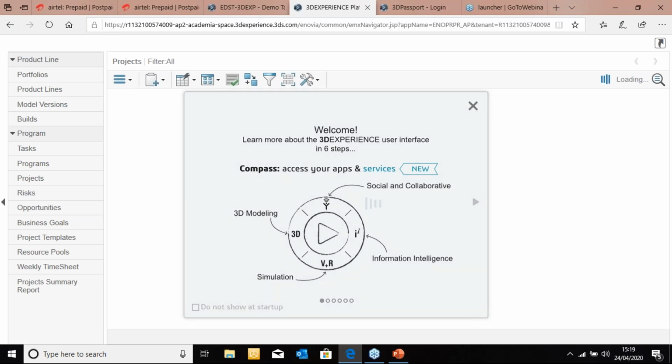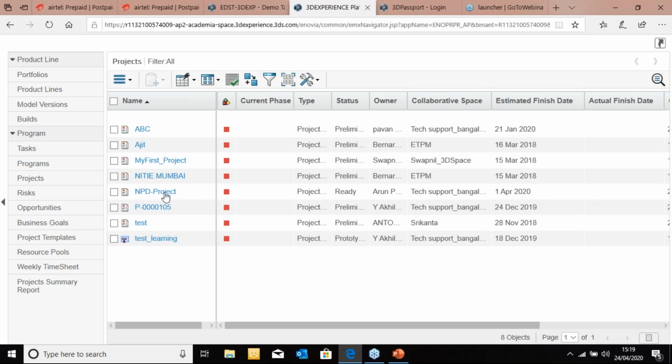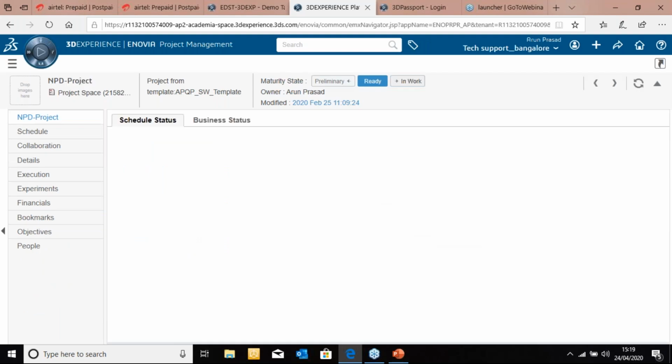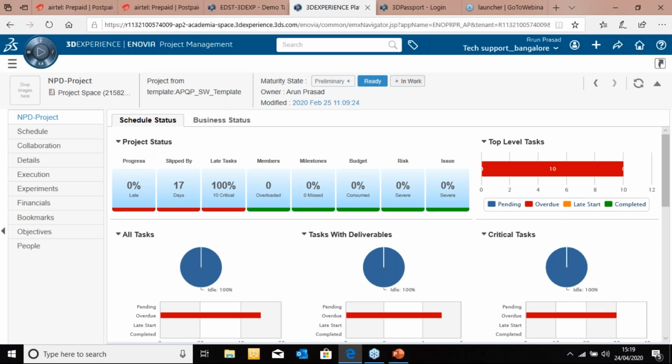So I can have access to each and every project, no matter wherever I am. Let me click onto this particular NPD project alone to give me access to what is happening on this project. As you see on the screen, it opens up with a dynamic, changeable dashboard view with all the indicators that are defining right from the progress. What is the status of the project? Has it slipped by certain days? What is the number of days that it has slipped by? What are the tasks that are completed on time, or has it slipped by what percentage? And who are the resources that have been aligned to this project?